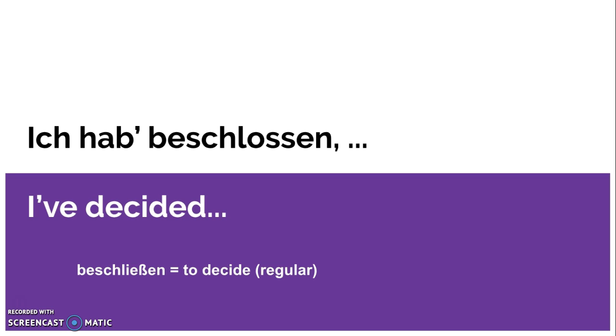Now, in the German phrase here, they have a comma indicating that they want you to say something after it. Obviously you would do that, but when you do that, you are going to use a comma. So make sure that you pay attention to the second clause as well and the order that that's going to be in. The verb is beschließen in the infinitive. The past participle just becomes beschlossen, and it is regular, and it does mean to decide.